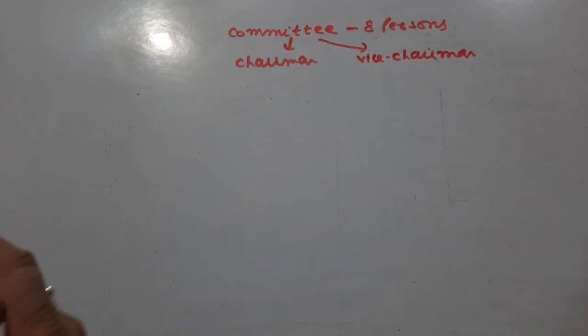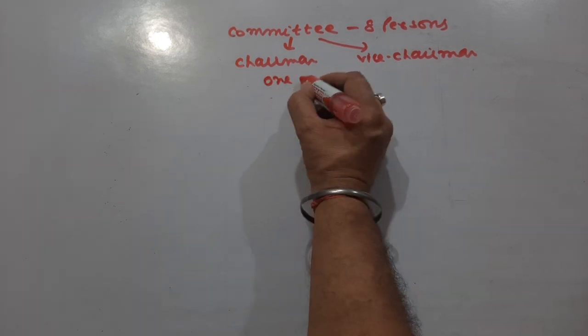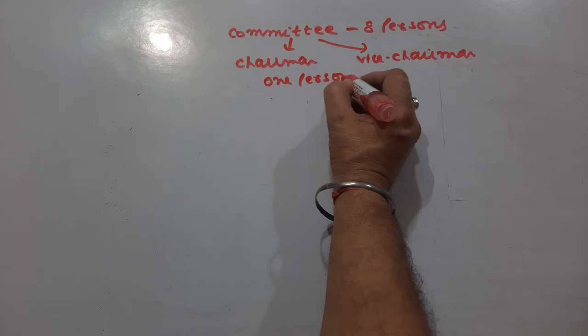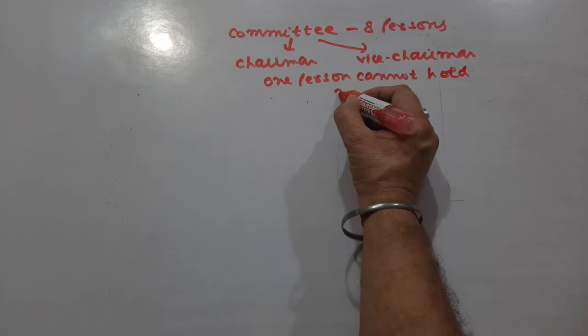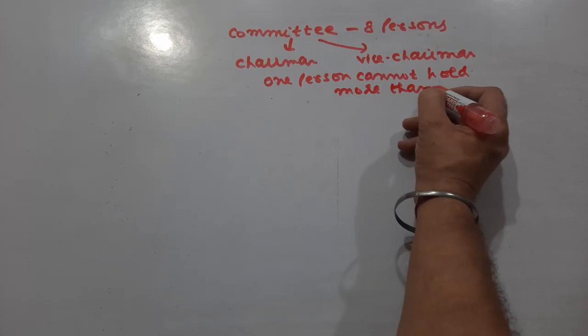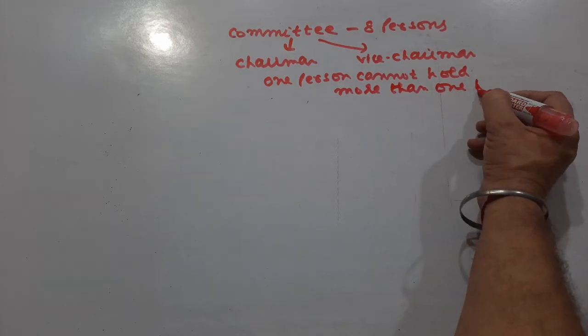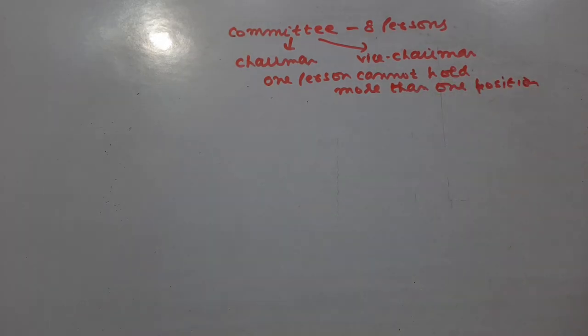और कंडीशन क्या गिवन है कि one person cannot hold more than one position. इसका मीनिंग ये हुआ कि एक ही बंदा जो है, ये नहीं है कि वो चेयरमैन भी बन जाए और वाइस चेयरमैन भी बन जाए। एक आदमी को एक ही पोस्ट मिलेगी, या तो चेयरमैन की या वाइस चेयरमैन की। सो स्टूडेंट्स, लेट अस डू दिस क्वेश्चन। सो हमारे पास 8 पर्सन्स हैं।